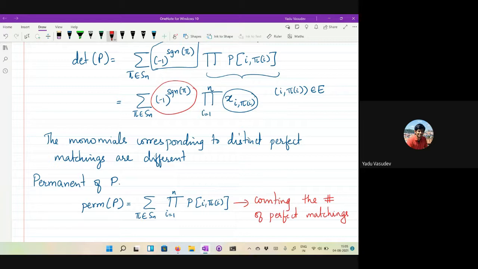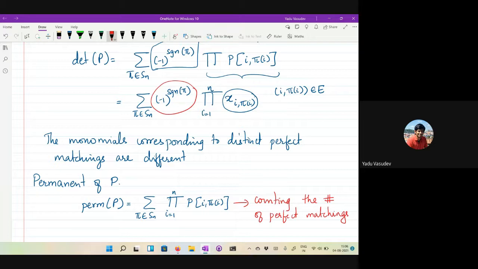Right? And it turns out that while the determinant is a very simple quantity to compute, the permanent is incredibly hard to compute. We don't know of any efficient algorithm to compute the permanent. Okay. So that (-1) to the sign of pi plays a very crucial role in some sense. Right? We don't know how to compute the permanent of an integer matrix. The problem is computationally so hard that even if you were to actually prove P is equal to NP, even then it is possible that there is no efficient algorithm for computing the permanent of the matrix. Right? So it's a much harder problem than even NP, satisfiability and so on.